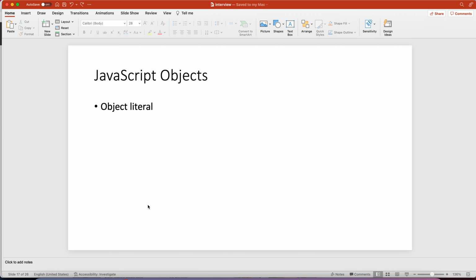Before going to the coding, what is an object? An object can be anything around you. It can be your car, or my laptop on which I'm working. Any object in the real world can be anything, and those objects have properties and functions. So those things are also here in JavaScript. So if you go to the code,